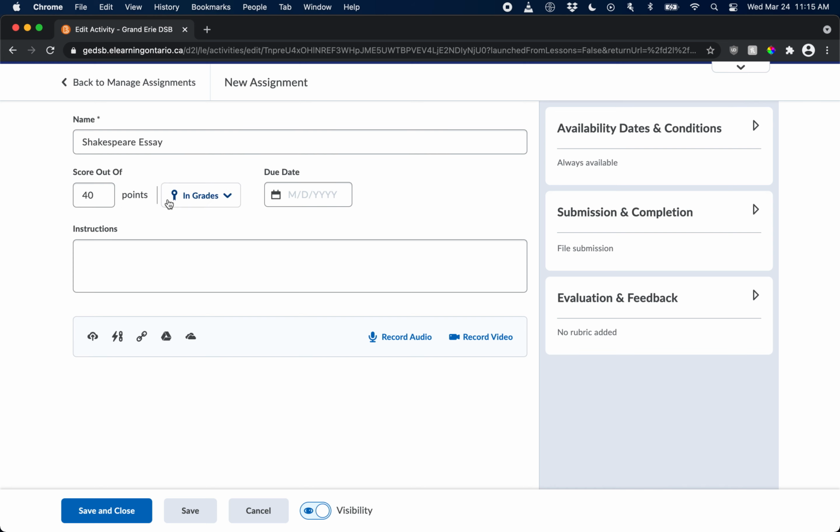Okay, if you have a rubric that you're going to attach, make sure that the score matches that rubric. Or if you have a grade item already made for this assignment that you're going to attach, again, make sure that whatever it's out of in the grade item or rubric matches. So for grades, there's a few ways to do this. The easiest is to basically